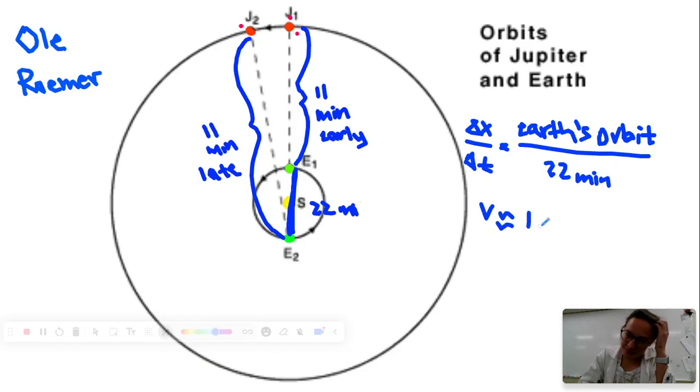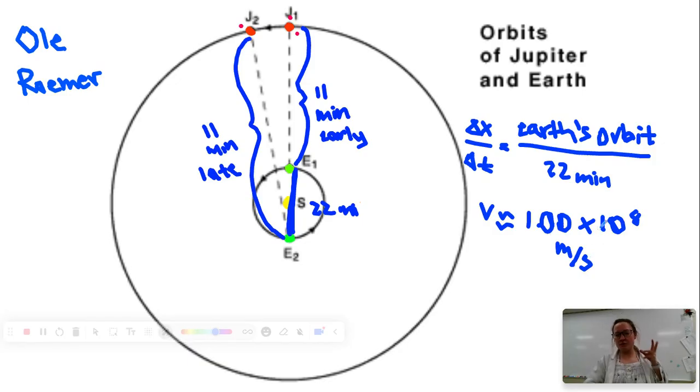He said it had to be something like 1.00. Those are zeros, by the way. I know they don't look like zeros. Let's do a little reformation work here. Okay, 1.00 times 10, that's a 0, times 10 to the 8th meters per second-ish. He said it's somewhere in that ballpark, somewhere in the range of 1.00 times 10 to the 8th meters per